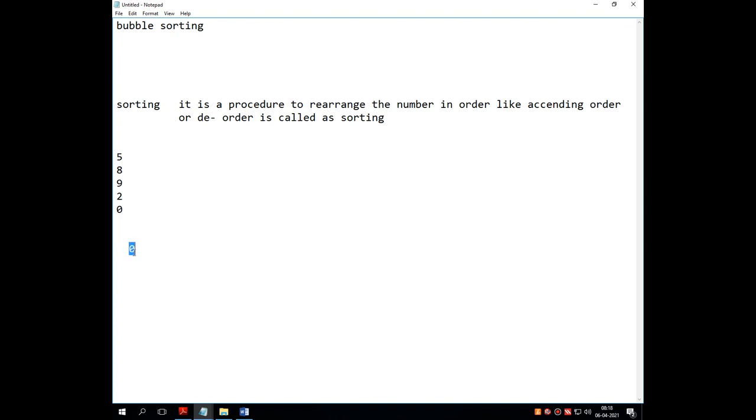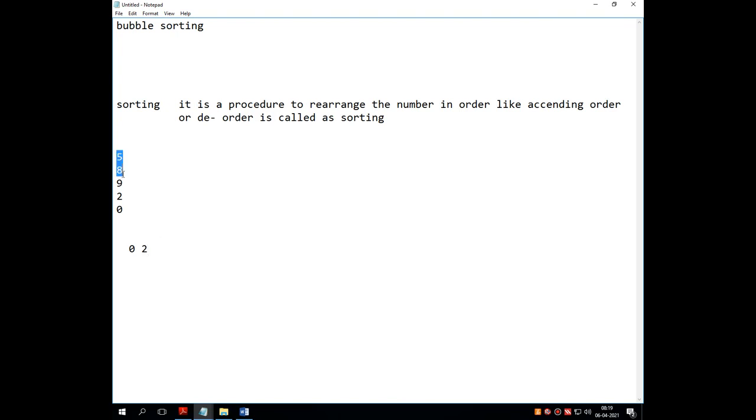So I have selected that value and put it onto the first position. Then again it compares the remaining values, finds the smallest value from the remaining list and puts it onto the next position. So 2 will be there after 0.